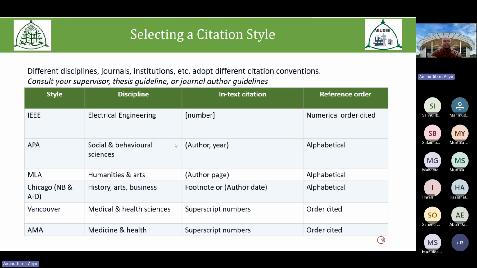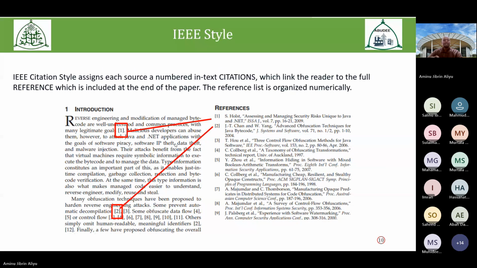Why? Because IEEE is specific to us as electrical engineers, while I know the APA style is used when writing our own research. It is the one adopted by our institution, Ahmadu Bello University, for writing our dissertation and thesis. So we need to look at the APA style and the IEEE style. Looking at the IEEE style,